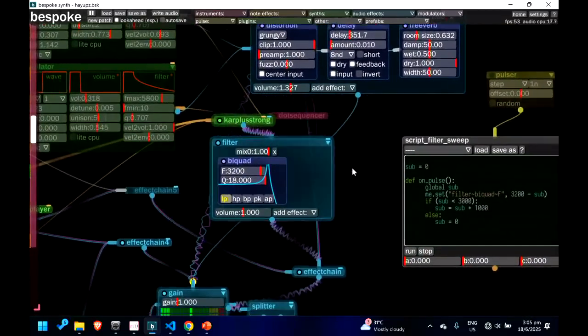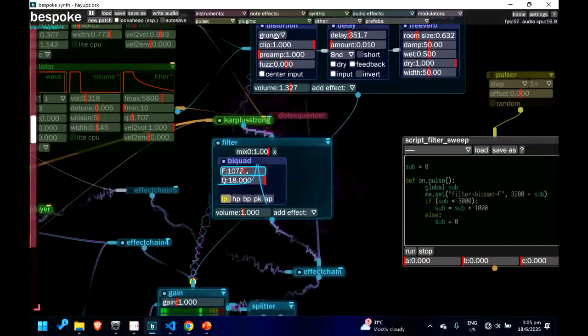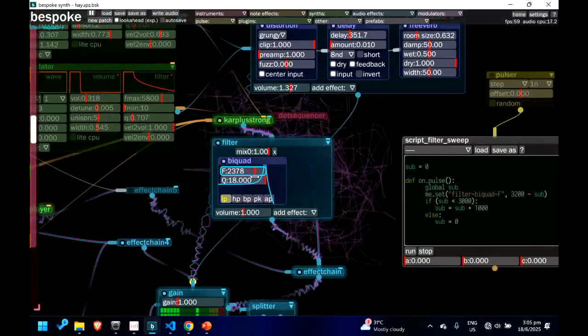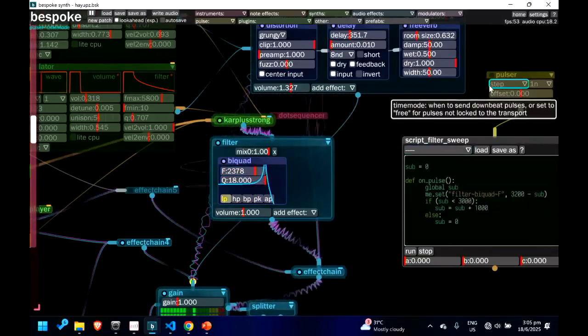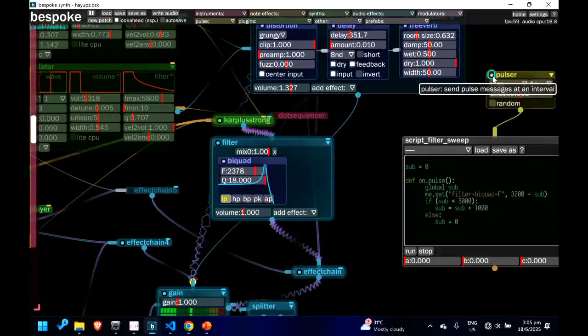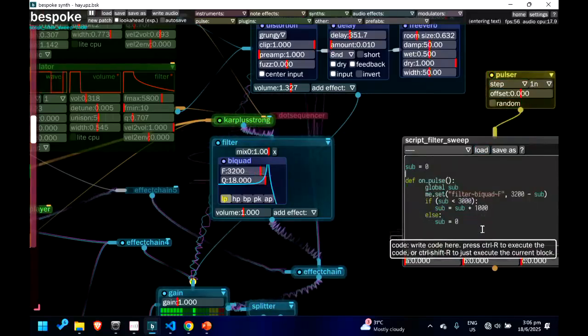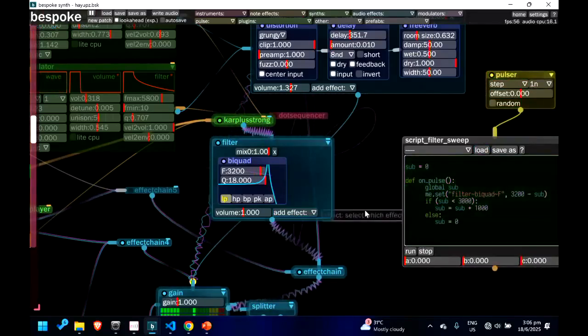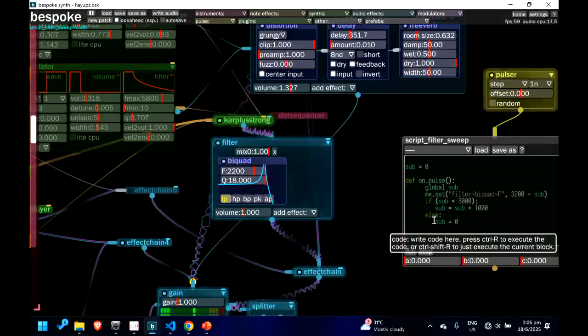You can see here the filter. If I do some adjustment, you can hear the sound. But this is manual. If you want to do it programmatically, you can do that also. So I'll just have a pulser so that I can run it at any time. So if you notice, it moves by itself